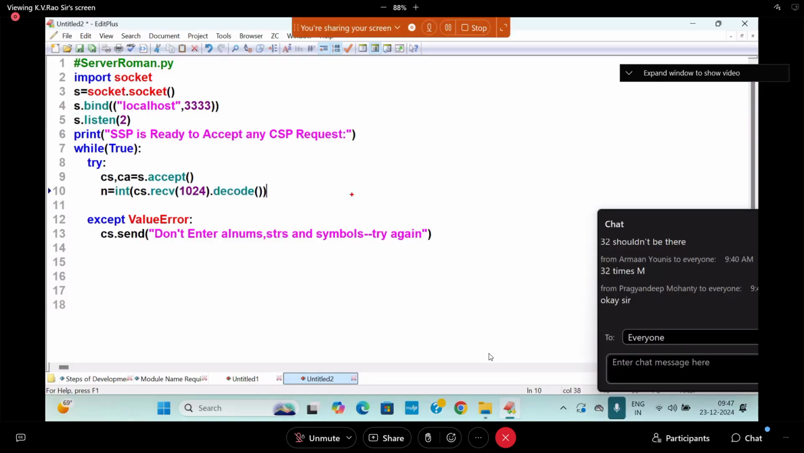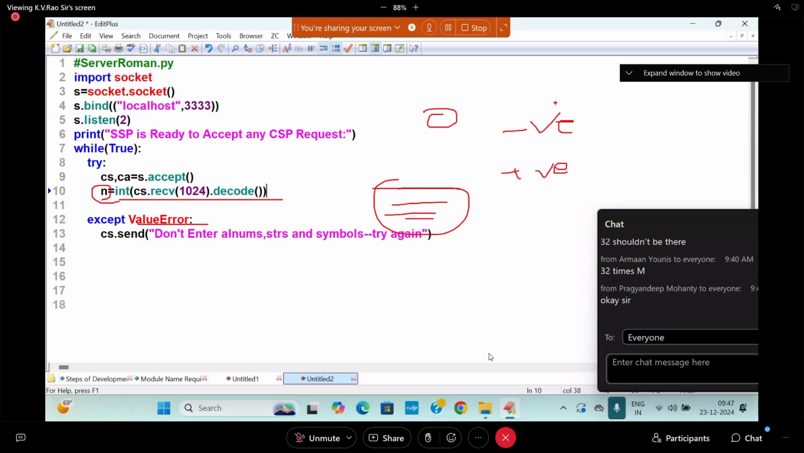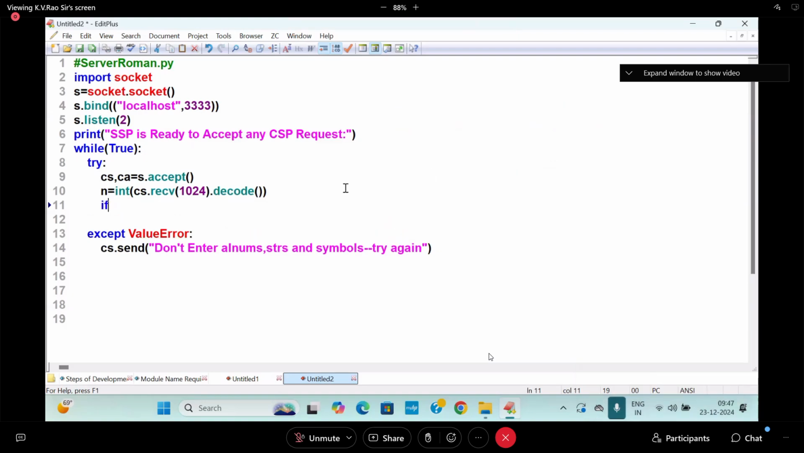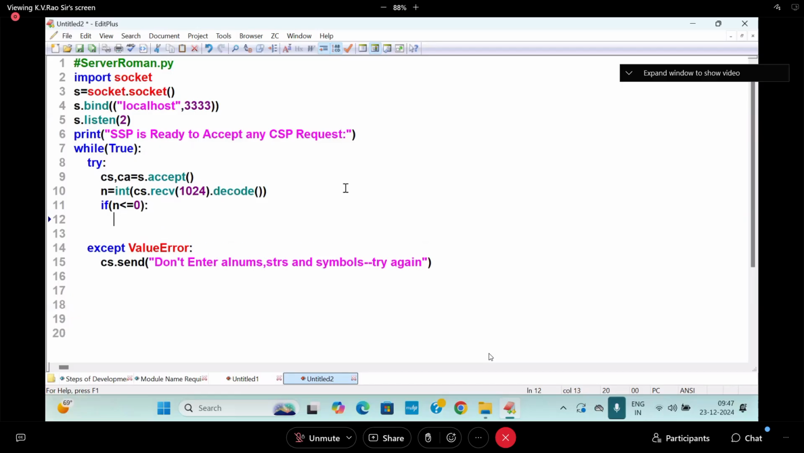If I enter any combination of alphanumerics, symbols and everything, you will get this type of exception. Other than that, 0 may come, a negative number may come, or a positive number may come. If 0 or a negative number comes, I want to send that back too. How do you do it? If n is less than or equal to 0, I will write cs.send, so that it does not contain